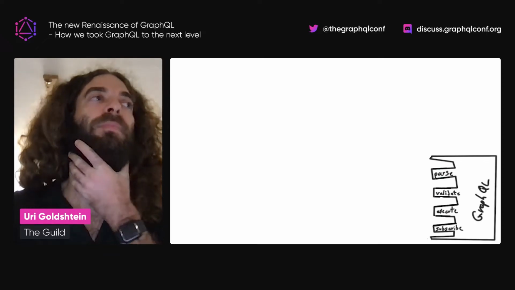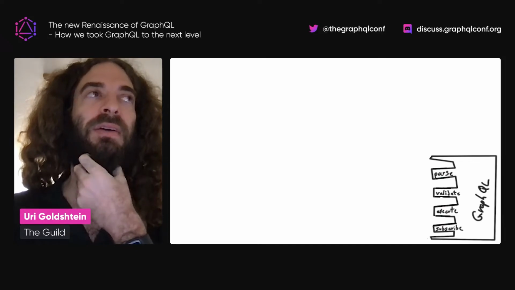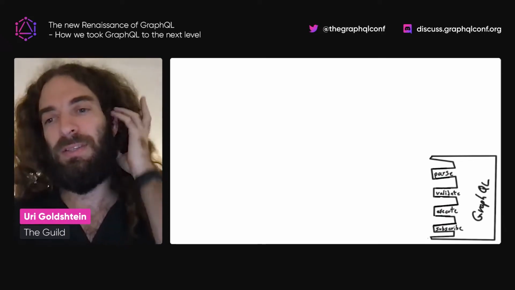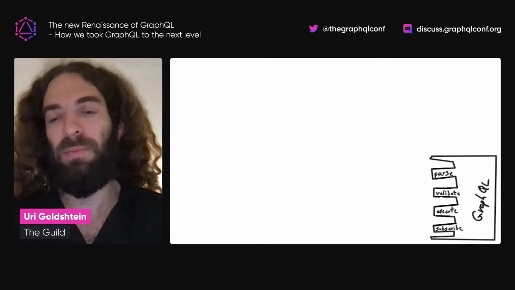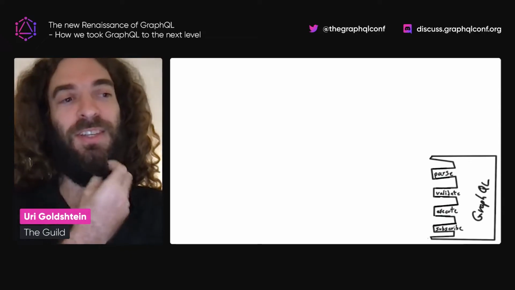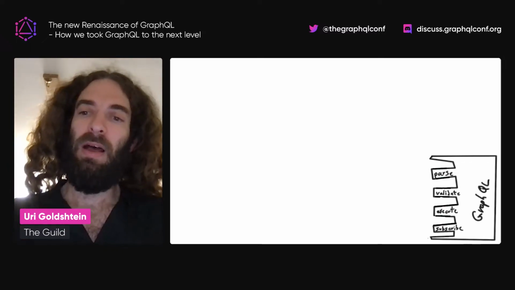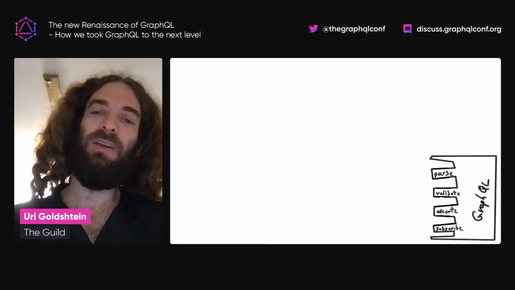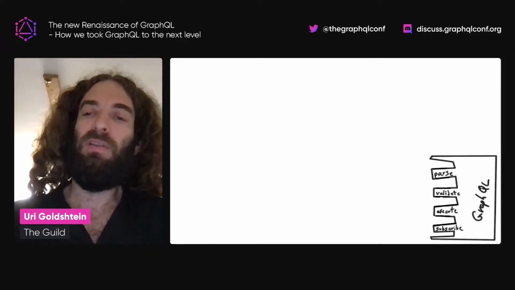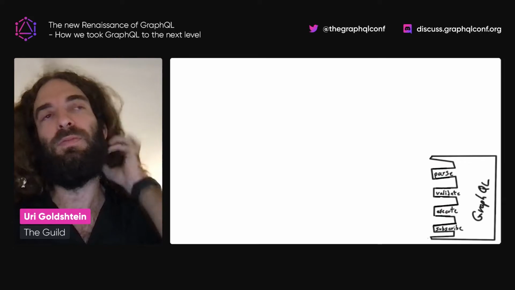So we took a step back with the current state and thought about it. What you see here, by the way, is a sketch that Dotan from the Guild made when we just started debating this, and I'll try to reverse engineer the current thinking. GraphQL JS itself offers us parse, validate, execute, and subscribe.